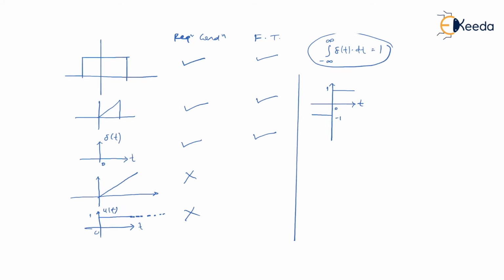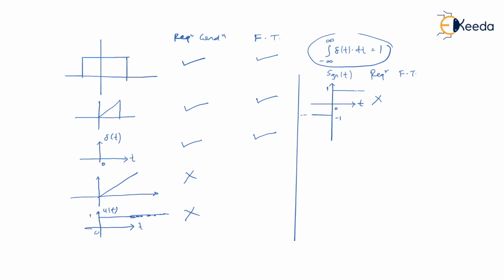You know what? This signal is popularly known as a signum function, indicated as SGN of t. Even here I'll make two columns: the required condition, and whether the Fourier transform does exist or not. So what do you feel? When I'm talking about U of t, this is going up to infinity. Even over here, this is also going up to infinity, that is a positive infinity, and this minus 1 in fact started from minus infinity only. So if you try to get the area under the curve for a signum function, again it will be infinity, and therefore again the required condition is not satisfied, right? Let's see whether a Fourier transform does exist or not.